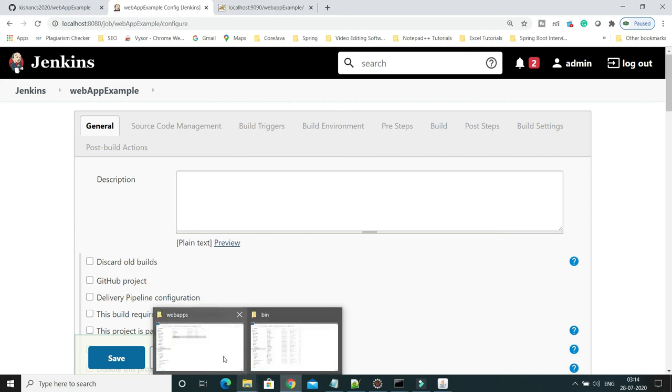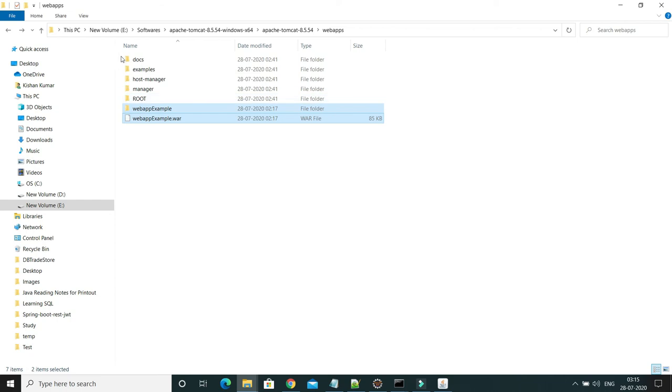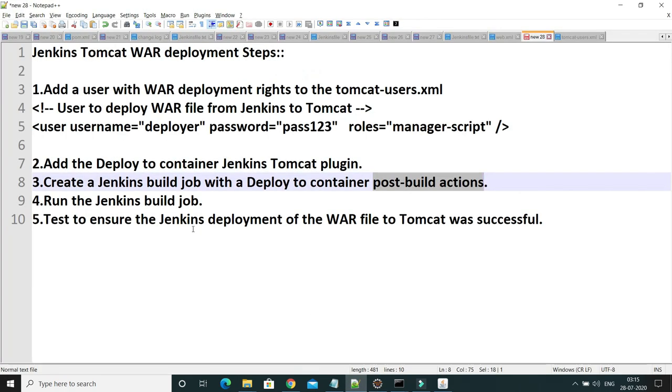and be able to deploy this project in the webapps directory, right? So earlier I had started Tomcat, but all of a sudden I closed that window, so that Tomcat was stopped. So I started it, and then when I built the project again, it got deployed. So I think all the steps should be clear. Once you create the Jenkins job with this option, post build actions, there we provide all the application server related details. Then we have to run the Jenkins job, right? But before that, make sure that your Tomcat is up and running, right?